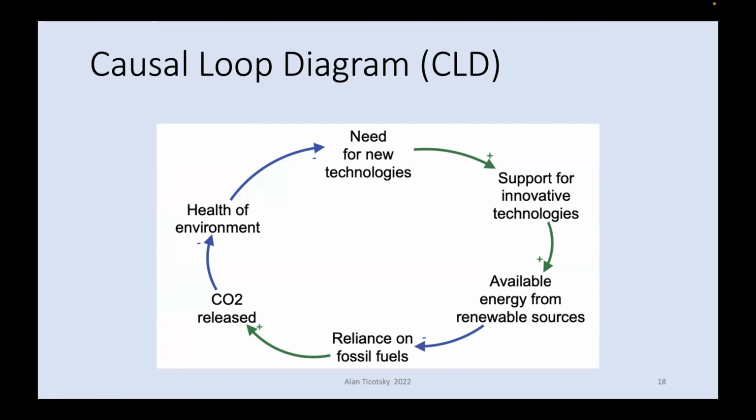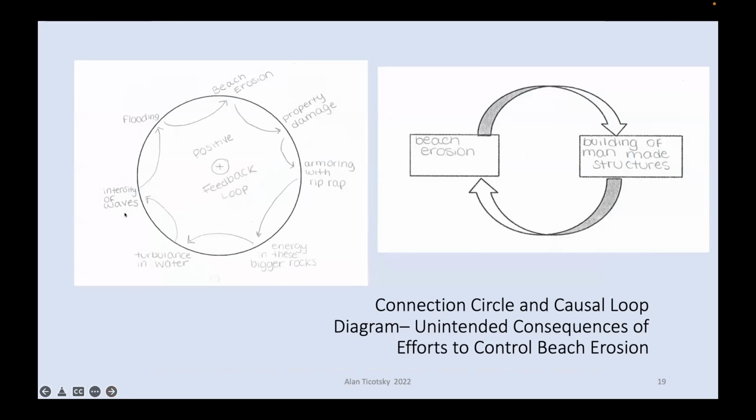We can have a loop caused by these different factors. I'm not going to go through that one because we want to move to the local one, I think. So this student, that's not really a connection circle. I think he or she was thinking along the lines of, well, what is going on with beach erosion, and the more beach erosion, then that causes property damage. And there's something called a riprap, which is a